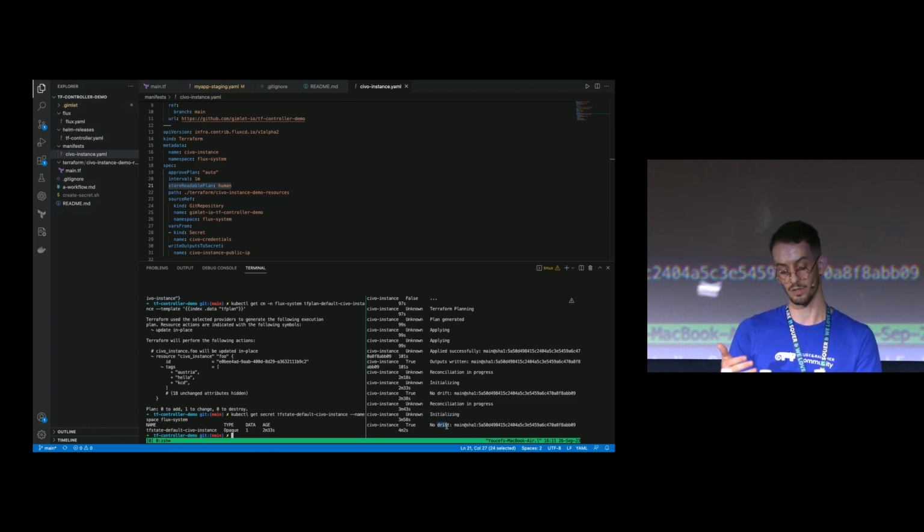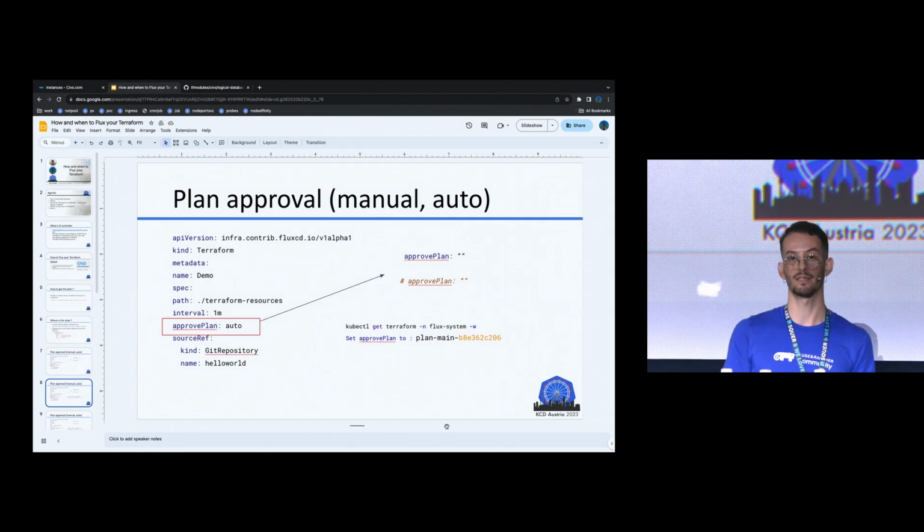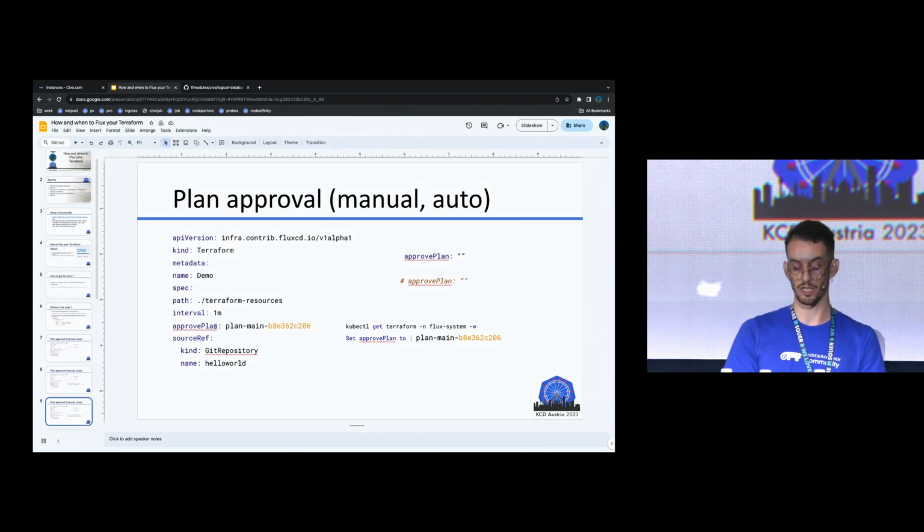When the plan is done, it will propose a plan name followed by the first 8 digits of your hash. If you are okay with the plan being generated and you would like to apply the resources, you just have to change the approve plan to the proposed value, and it will apply things for you. So yes, that's it.